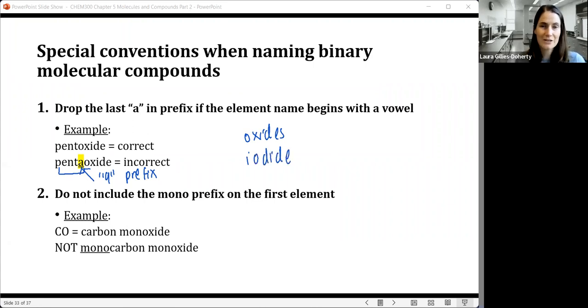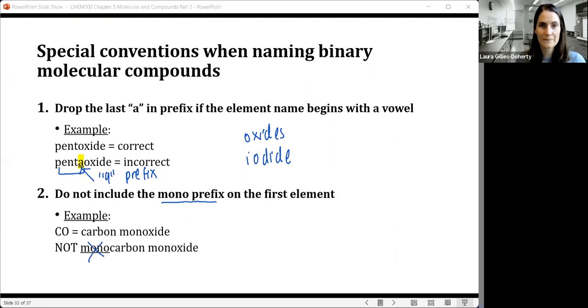And then the second special naming convention is that we don't include the mono prefix on the first element. So if there's only one atom of the first element in the binary molecular compound, we don't put mono before it as the prefix. So carbon monoxide has one carbon atom and one oxygen atom. We'd name that just carbon monoxide. We don't name it monocarbon monoxide. We omit the mono